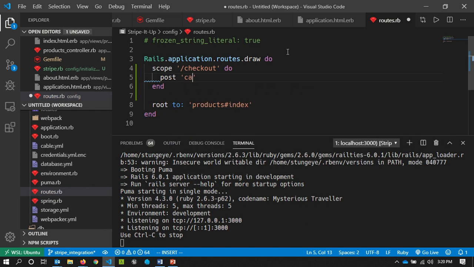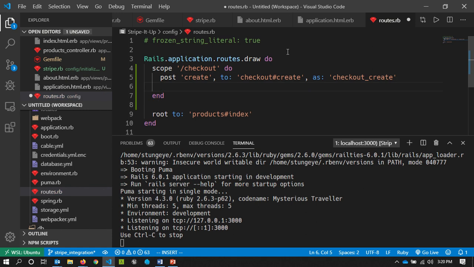One's going to be called create. This is going to create a checkout. I want it to go to some kind of checkout controller that doesn't yet exist, as checkout create. And then Stripe also asks you to have two routes available on your website, one called cancel, one called success, and it's going to redirect the user back to those routes depending on if they canceled their process or